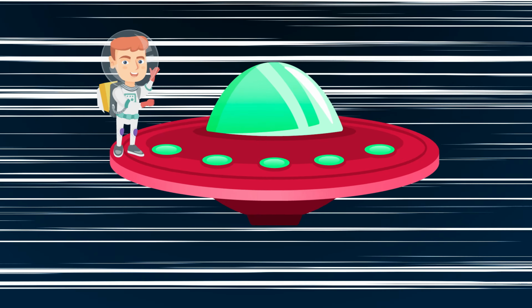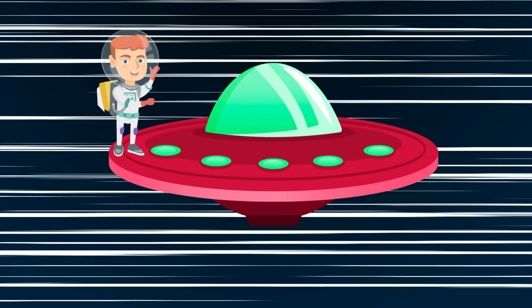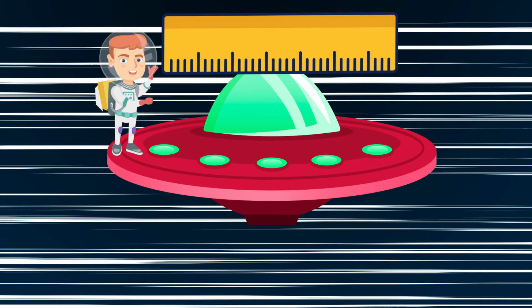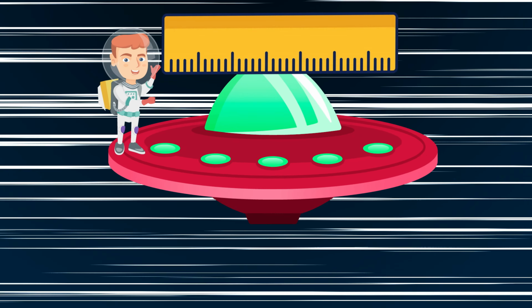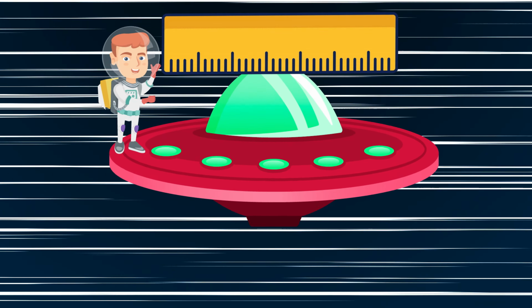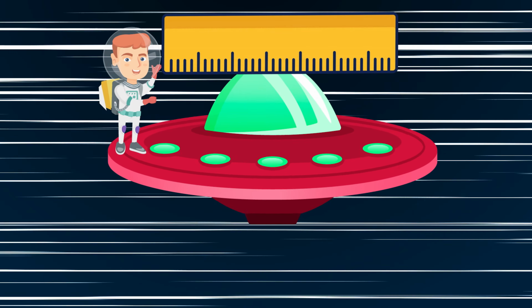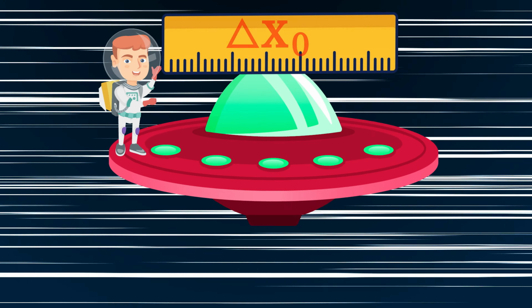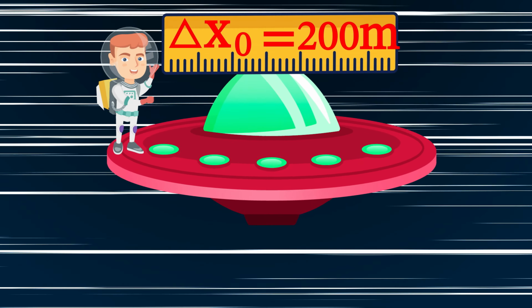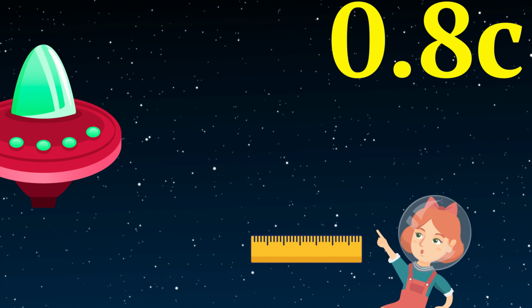Let's say Bob is in his spaceship, moving in a straight line. He measures the length of his spaceship while he's moving. The length of an object when measured while we are at rest relative to it, as Bob is in this example, is called the rest length or the proper length. For Bob, the spaceship measures 200 meters, but the spaceship is also moving at 80% the speed of light relative